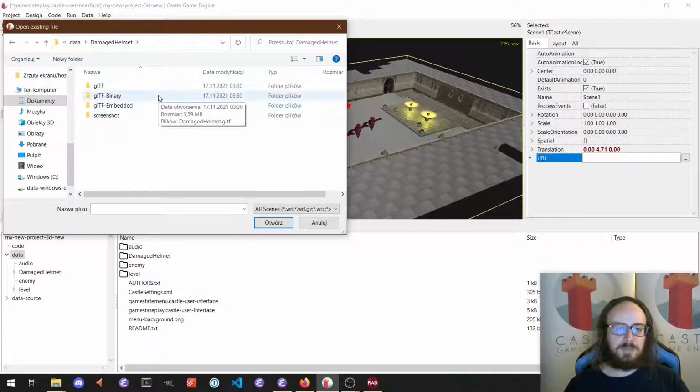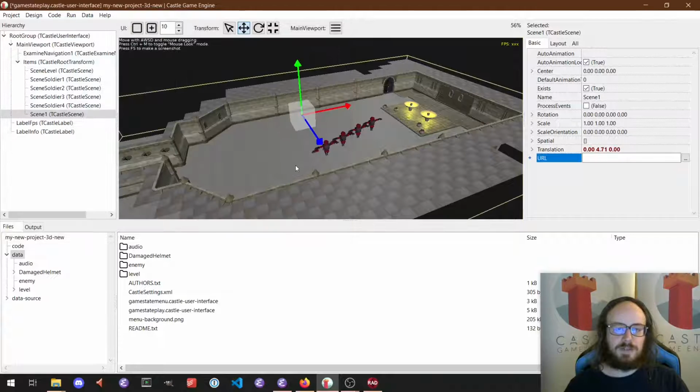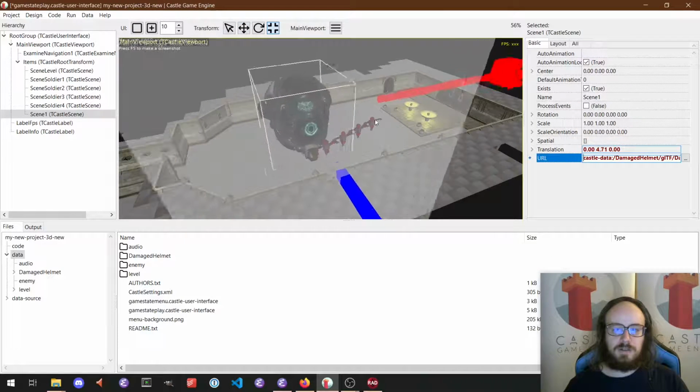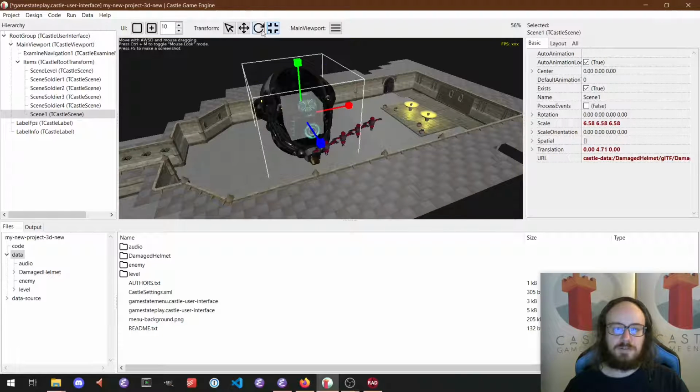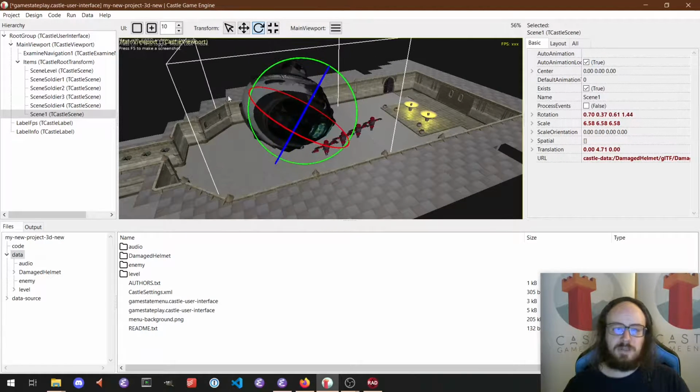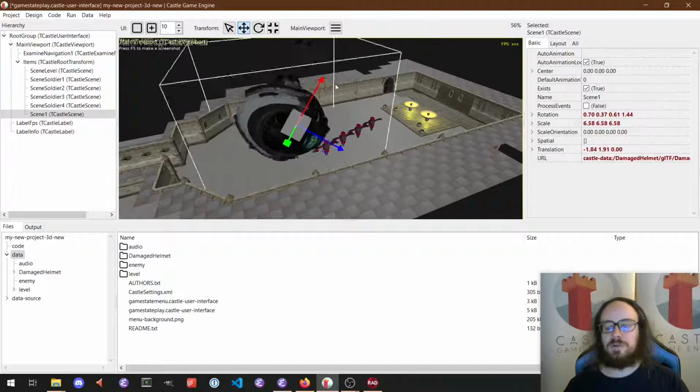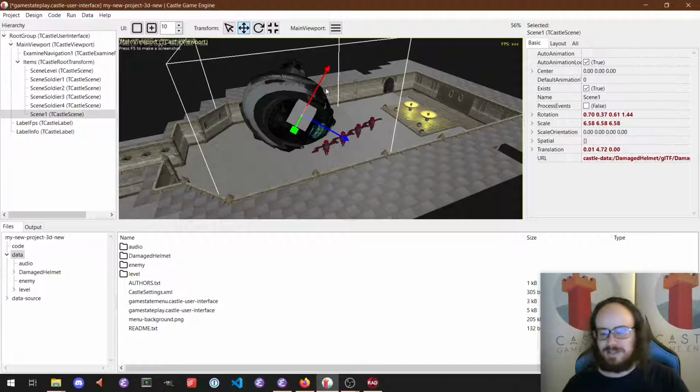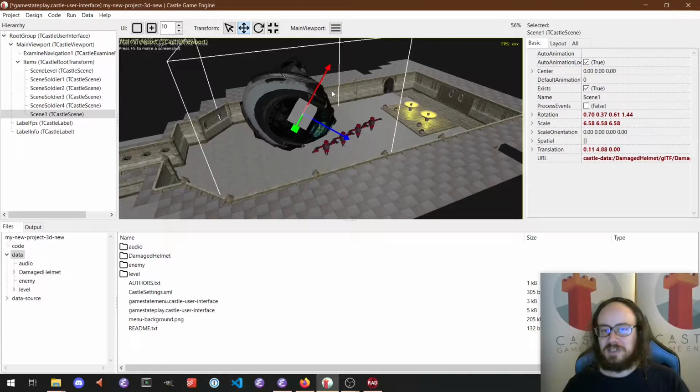We can open it in a scene like this. And there you have it. Let's make it larger. You can rotate it around and so on. And it works as you would expect. And this is the way to compose. This is a silly thing I'm doing, but